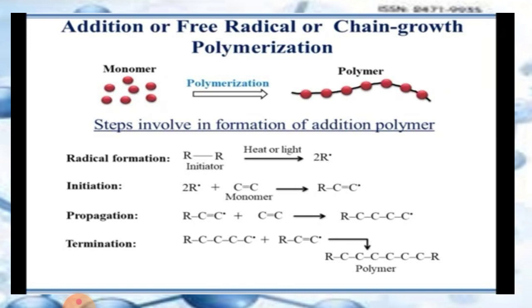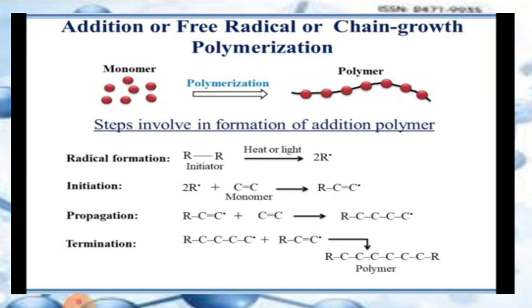In the first step, that is initiation, your radical, that is 2R, will react with any of the ethene monomer. As soon as this radical reacts with the monomer, the double bond of the monomer will be converted into a single bond, and one of the carbons will link to the radical and the other carbon will become unstable. As the other carbon becomes unstable, it will develop a charge on it, that is a radical, and that carbon will be the initiated. Fine.